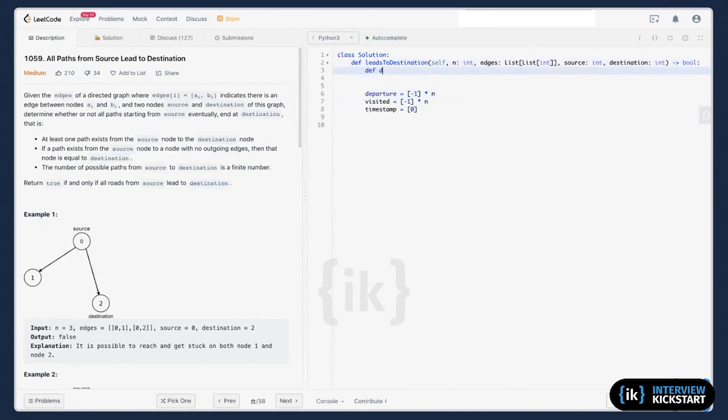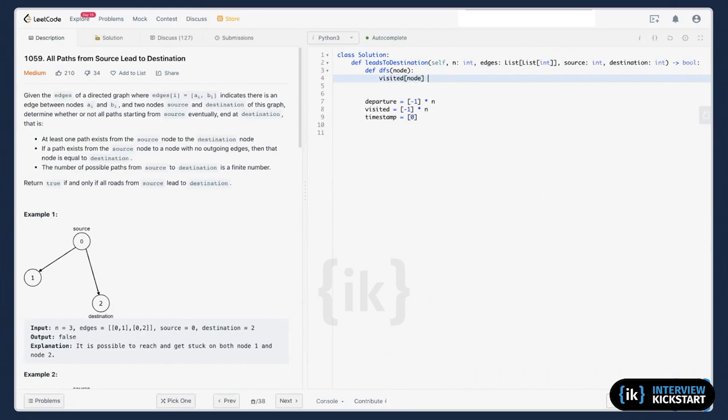And then I will say this is my DFS and start with the node. So for the DFS, when I see the node, I should capture the node already, right? Because this is just DFS. So whenever I get a node, I should mark it as visited.